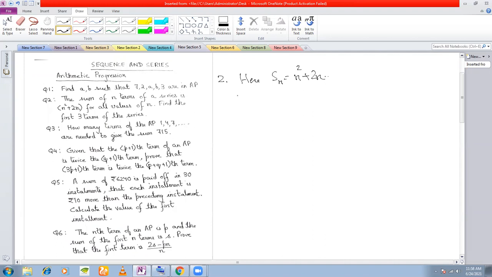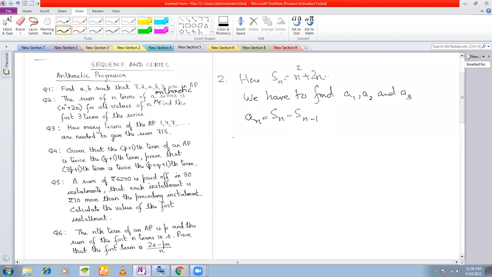We want to find the first three terms. So we have to find here then. We have to find it should be an arithmetic series, okay? The word is missing here. It should be arithmetic series. Otherwise, it could be a geometric series also. Anyway, we have to find A1, A2, and A3, right? So how do we find? First of all, remember this formula I gave you, Sn is equal to Sn minus 1.